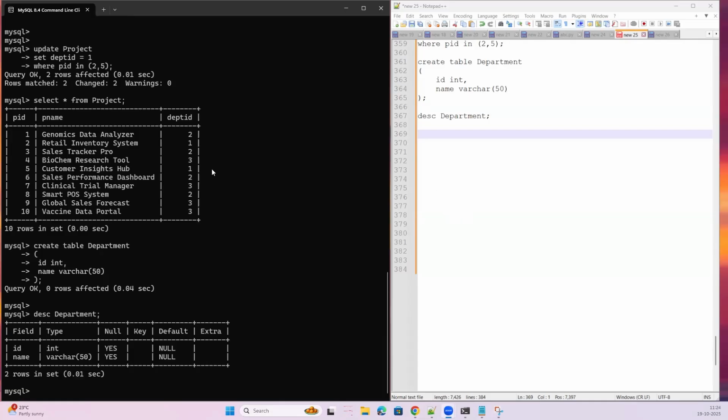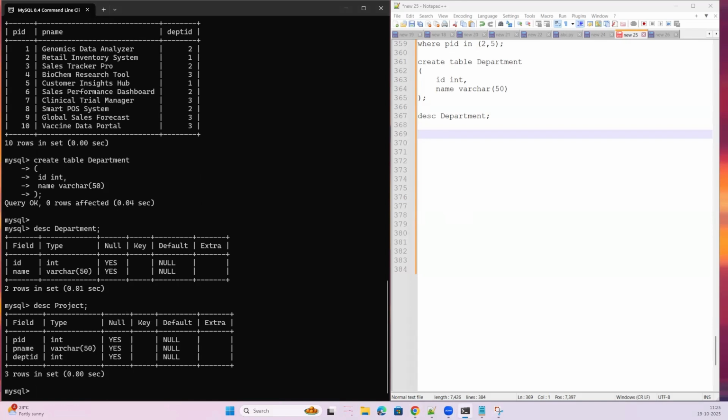See, look at the project table and look at the department table. What is the common column? What do you think might be common between these two? Department ID, correct. Department ID in which table? Project table. Can be same as ID in which table? Department table. Means we have 2 things, no? That is,